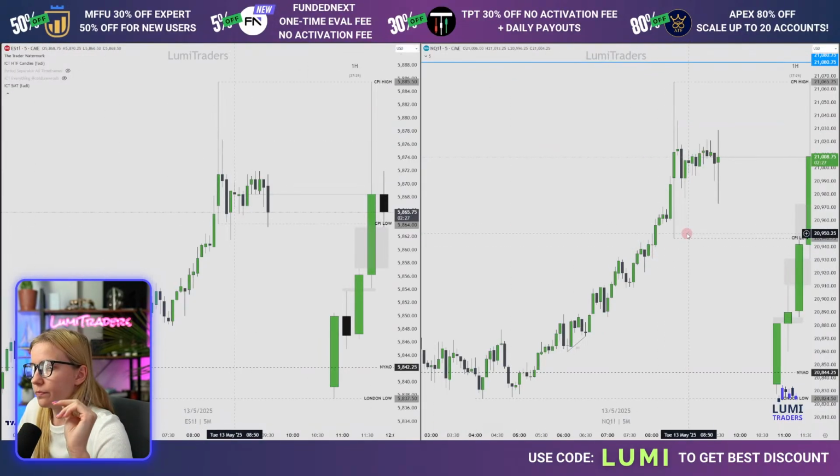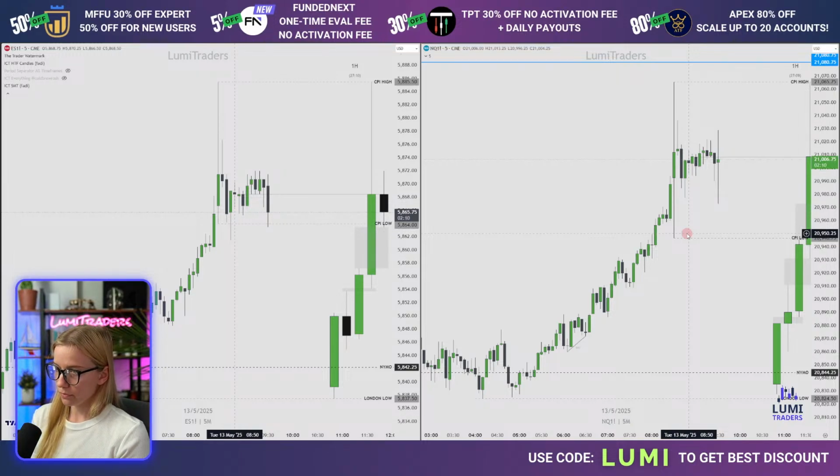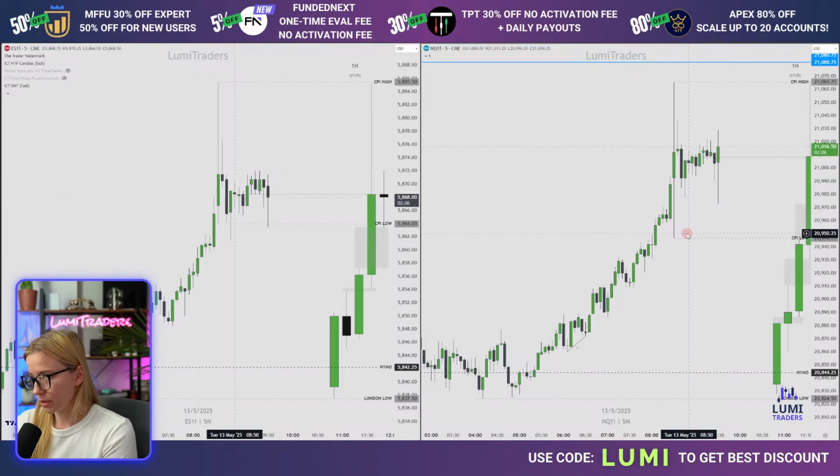And Q. Nothing interesting yet. So the question is, what is going to be taken first? CPI low, CPI high. But if it wants to offer a new high of the day, that's going to be brilliant for me. And I will look for a potential short to New York midnight open. CPI low to New York midnight open. London low near New York midnight. I agree with you. So yeah, London low, New York midnight open.